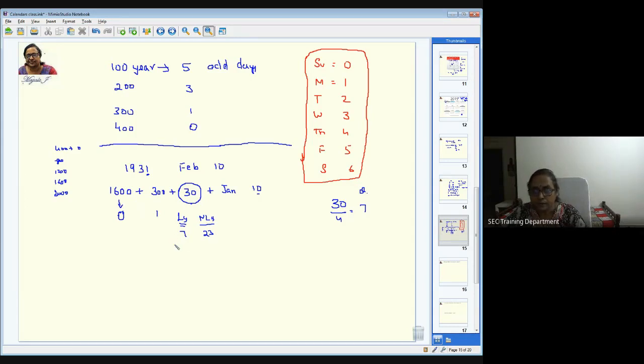And now you know that every leap year is going to have 2 odd days. So this is going to be 14. And each non-leap year has 1, therefore this is 23. Of course, when you divide this by 7, it is going to be 0, so you just neglect that. Divide 14 by 7, you're going to get 2. So that means you're going to replace it. Sorry, I should have written this in a different color. Anyway, I'll write it here in red. So this is going to be 2 odd days. Okay. Similarly, for the month of January, can you tell me how many odd days are there? In January, how many odd days are there?